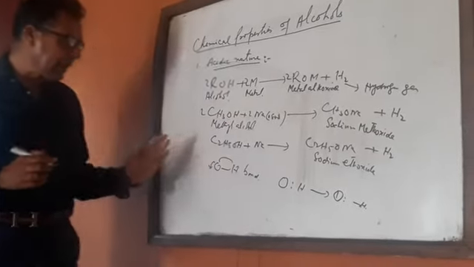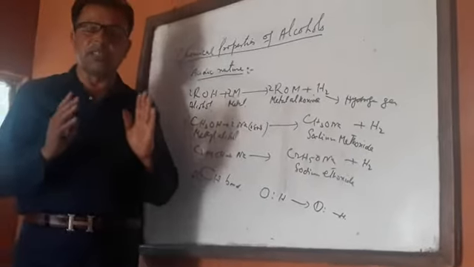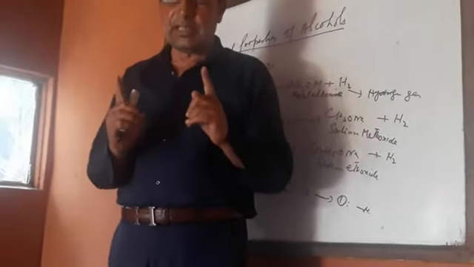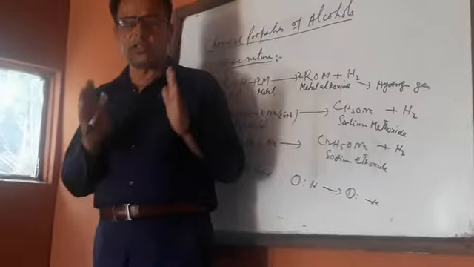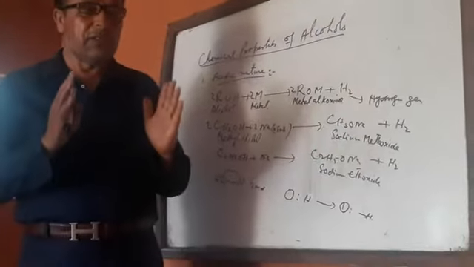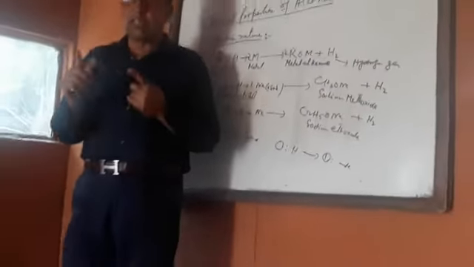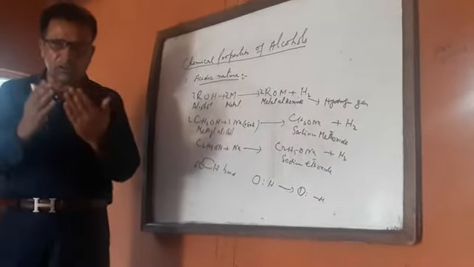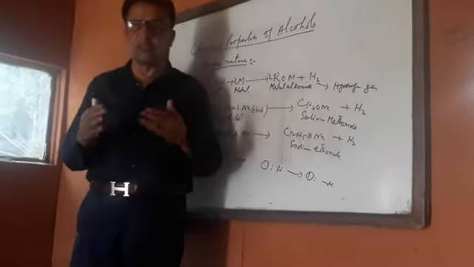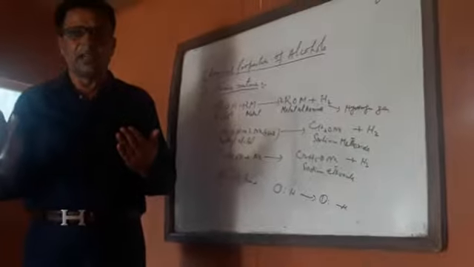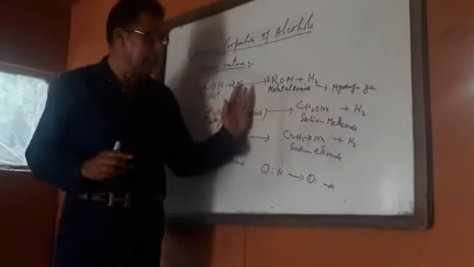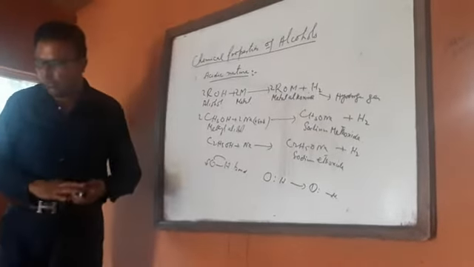So you have understood, the acidic nature of alcohols is due to the presence of polar OH bonds. Oxygen is more electronegative than hydrogen. Therefore, the shared pair of electrons between oxygen and hydrogen is drawn more towards the oxygen, and the bond between oxygen and hydrogen becomes weak, which releases the hydrogen as a proton and shows that alcohols are acidic in nature. This is the acidic nature of alcohols.